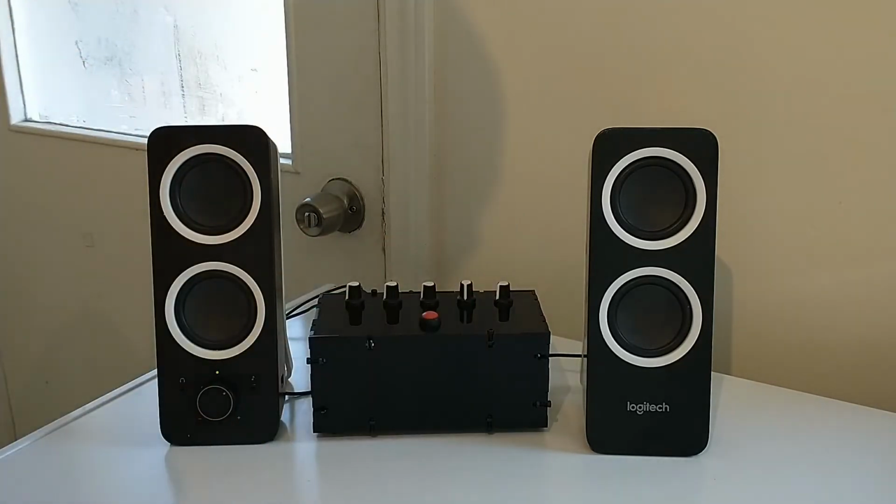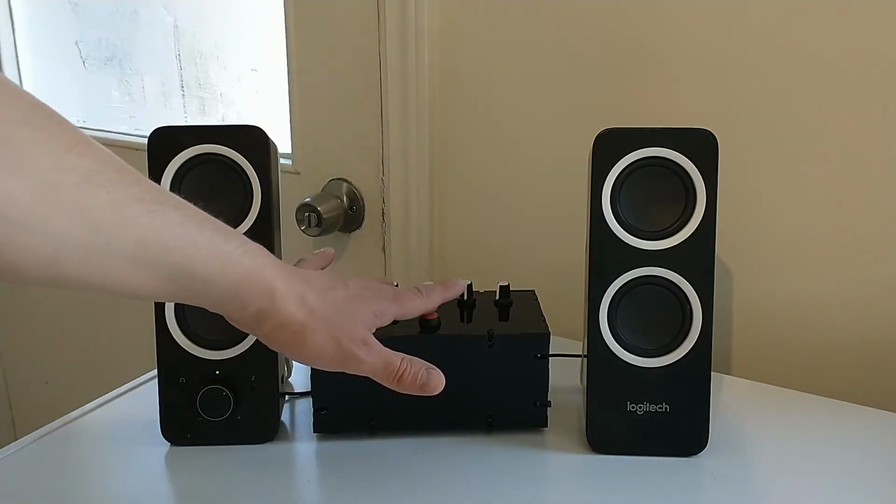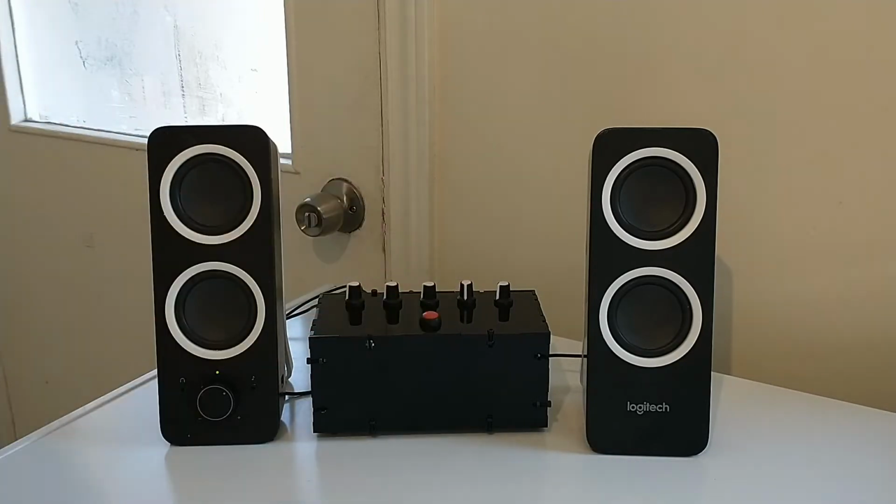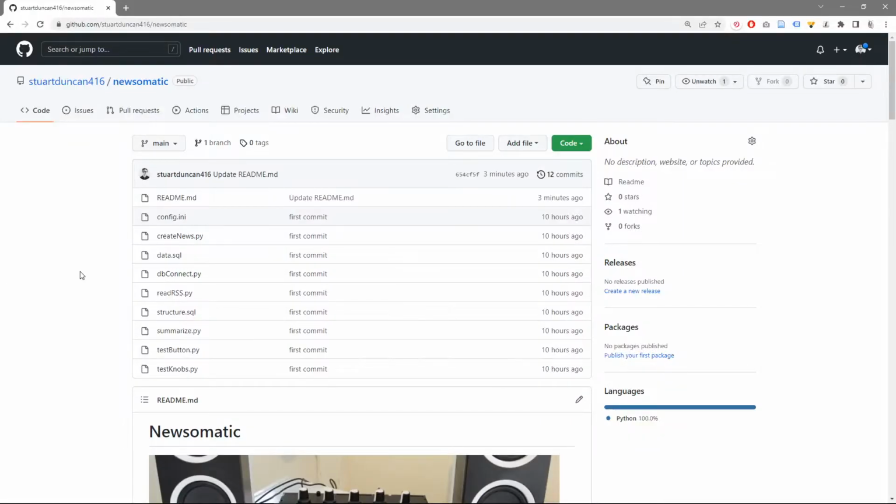As I said, the text script is converted into an audio newscast using either Google Cloud text-to-speech functionality or the more free pyttsx3 Python library, and it is then played over a speaker connected to the Pi when it's converted into an MP3. All of the Python files for this project are available on my GitHub, and the repository is linked in the